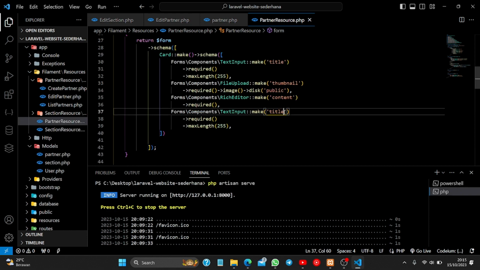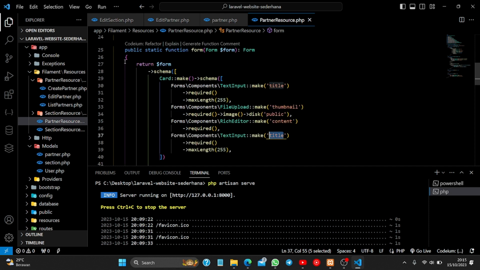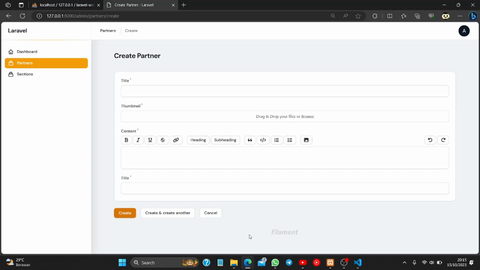I'm sorry, guys. You can change. You can go to partner research.php, and then you can go to function form, and change this with link. And then you can go back to web browser. So in partners, not title, you can change link, and then you can refresh,